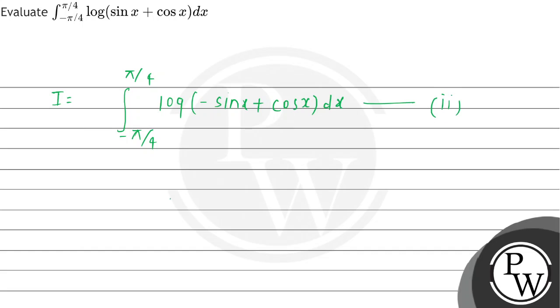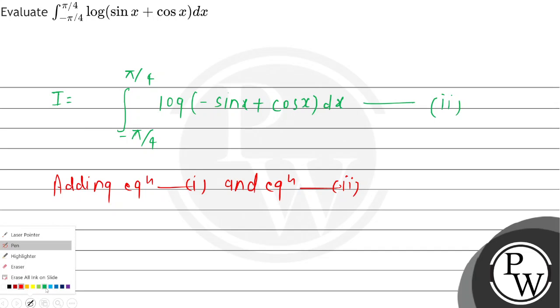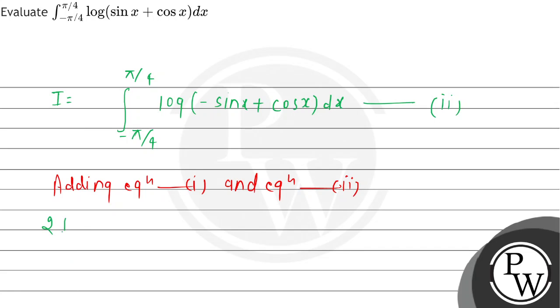इक्वेशन नंबर 2 मानते हैं इसको. अब now we will add both equations, equation 1 and equation 2. तो ऐड करते हैं इक्वेशन 1 और इक्वेशन 2 को. 2I is equal to minus pi by 4 to pi by 4